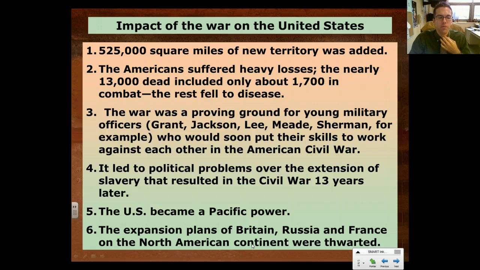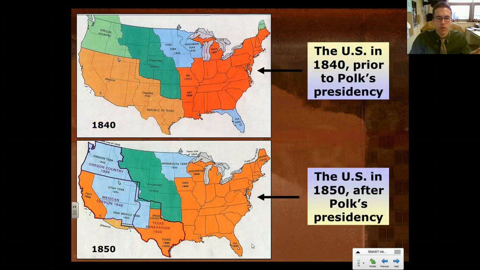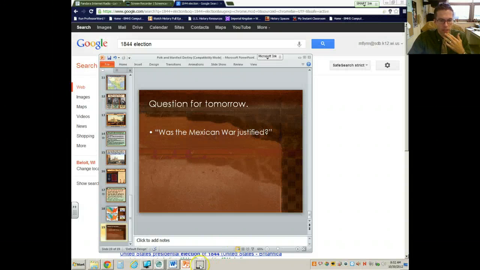Okay, so you see the impacts of the war here. You see the map, before his presidency and after his presidency. All this here, Utah, New Mexico, Arizona, all this taken from Mexico, California. All right, manifest destiny works pretty well for us. Okay, so we'll talk about this more in class, and